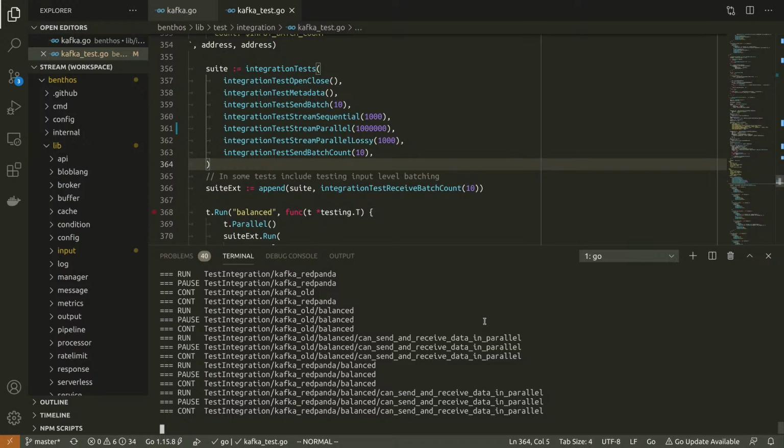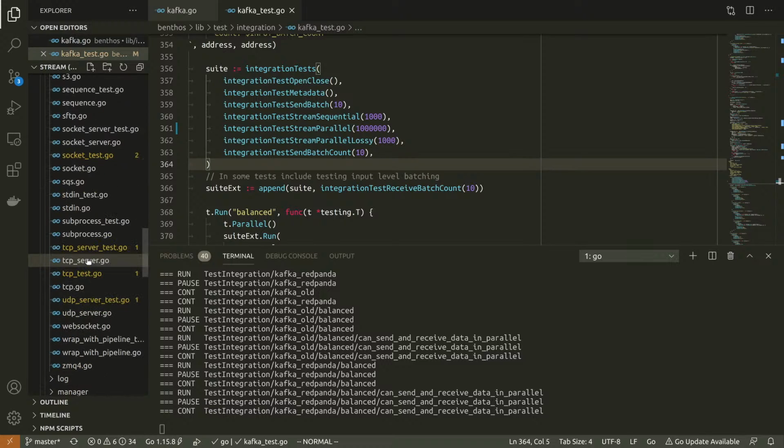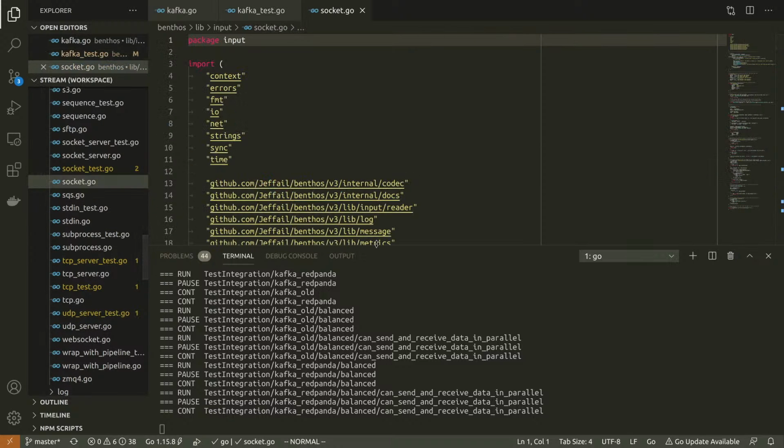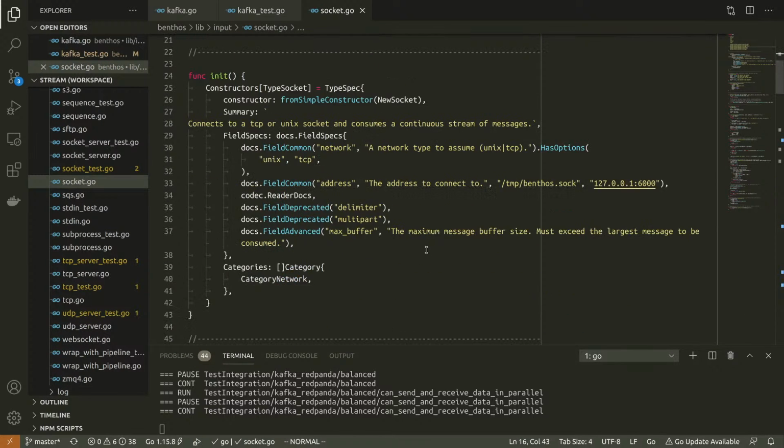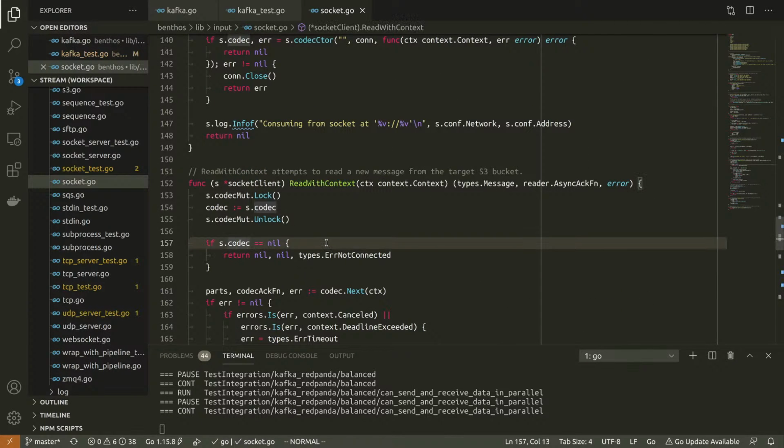Okay, this is taking longer than I thought it was going to take. Line 157 in socket.go. Oh, I didn't really change much in socket.go. Yeah, I did change that.